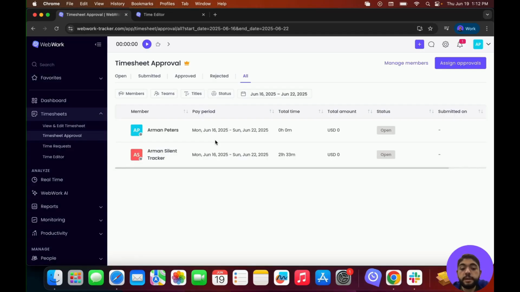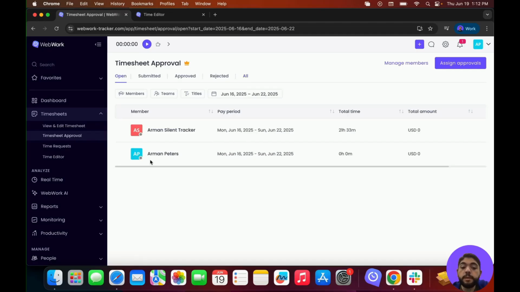Now, when a timesheet is assigned to a member, it will show up in the Open section. On the last day of the period, the member will get an email reminder to submit the timesheet. Anyone with approval permissions will also receive an email when it's time to review and approve submitted timesheets. And once the timesheet is submitted or approved for a given period, members can no longer track or edit time